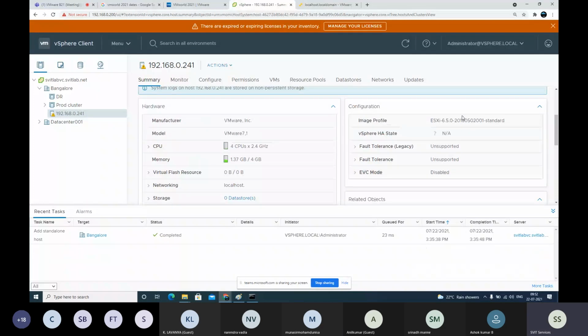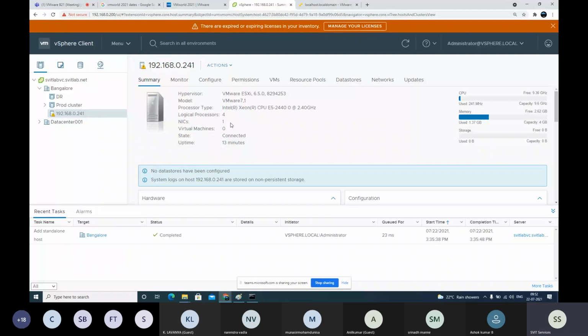Fine. Any other question? Sir, while creating or installing ESXi, there was something called VNIC